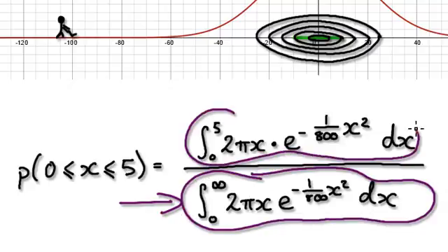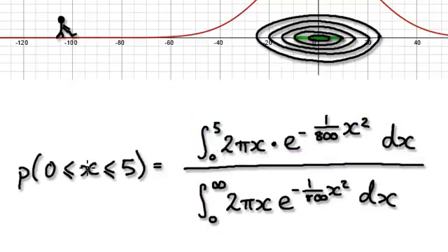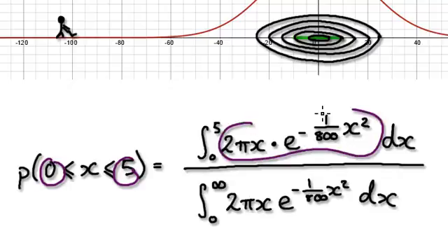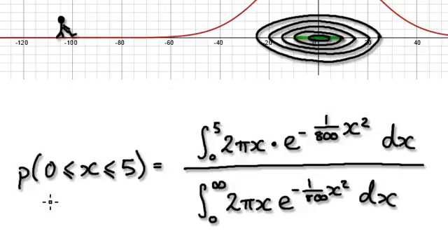This thing here represents the volume of one particular shell. So in the range of 0 to 5, we would integrate this from 0 to 5. If we want to investigate from 5 to 10, then we would integrate it from 5 to 10. And then